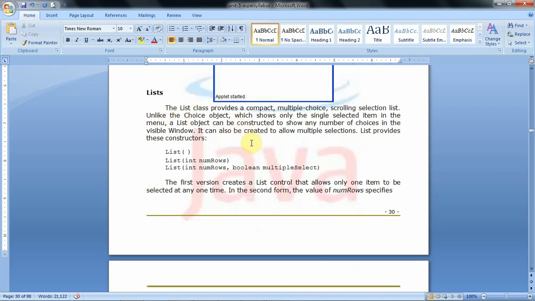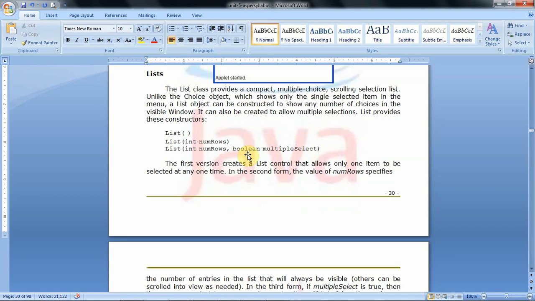That means we can select only one item at a time from the choice list. Then coming to List, this allows multiple item selection. So this is a list that contains some items, and multiple selection is also possible if you use the list. This list is created with three constructors: list, number of rows, and multiple selection.